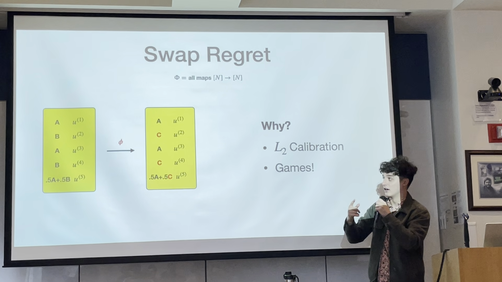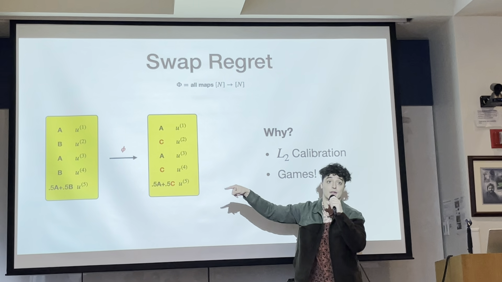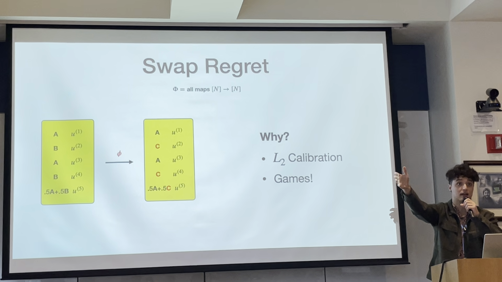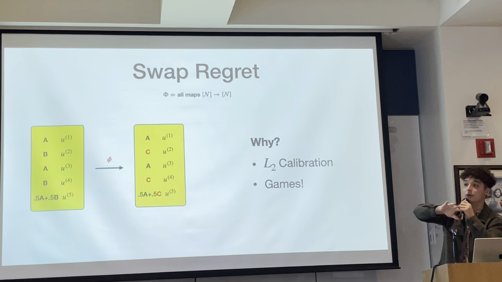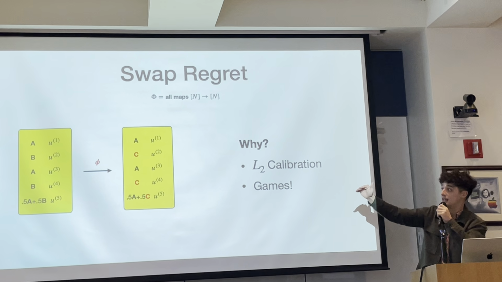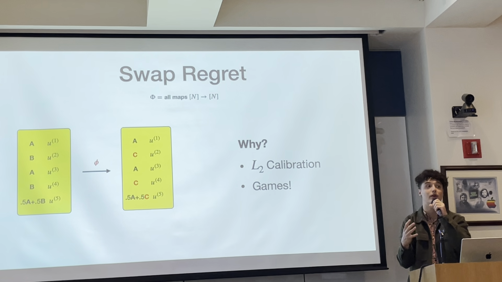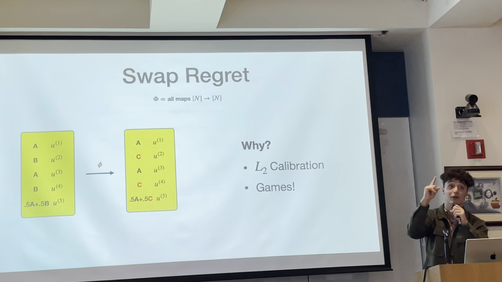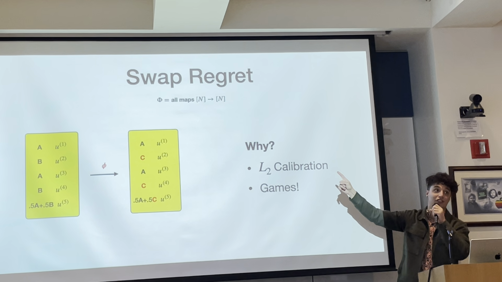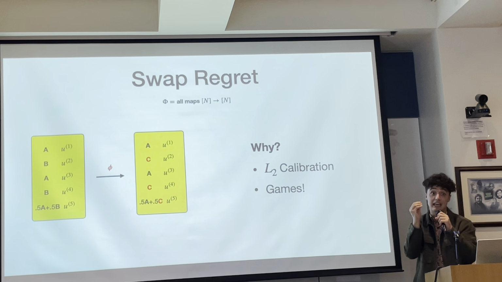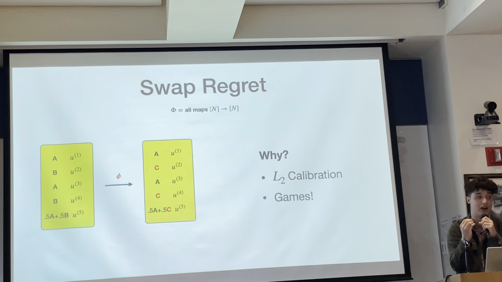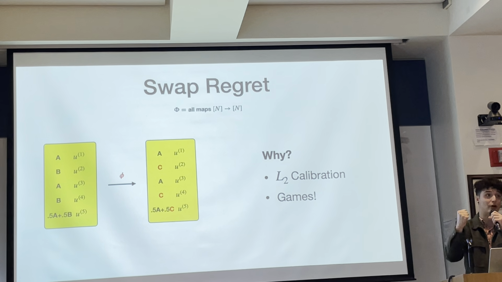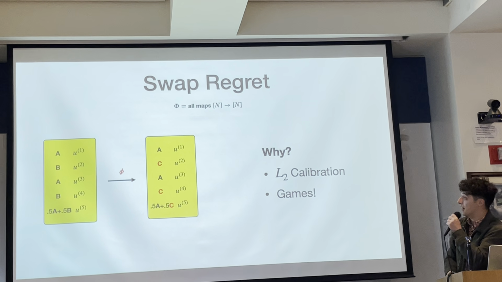Indeed, if a learner were to play a different action at every single time, which would be a strategy that is available to them, they would get horrible swap regret. They absolutely would, because by playing a different action at every single round, they're competing with all possible transformations. You cannot do worse than that. So when you're dealing with many actions, and this will be a motif in this talk, a key for a learner to achieving good swap regret is limiting the support that you play. That's going to be an important theme going forward, so I'm glad you touched on that.